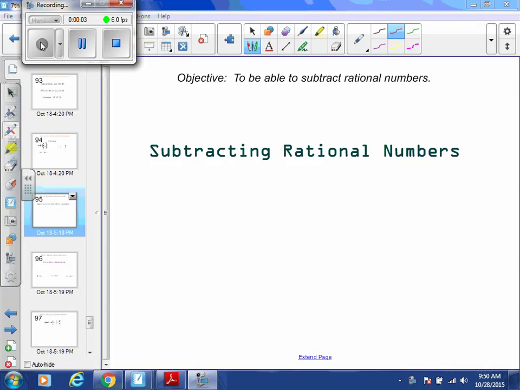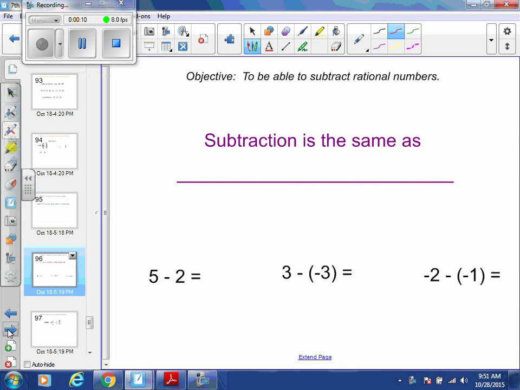Your goal while watching this video is to make connections that will help you subtract rational numbers. All right, so first things first, remember subtraction is always the same as adding the